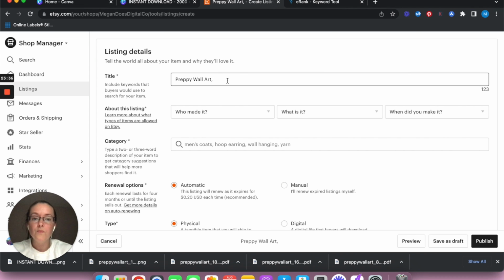So to split up your, so you can't do, so if, that's very confusing. If you do preppy wall art and then you want to do printable wall art, you can't just type this in and not have any commas. Like preppy room decor, you can't just do that because that does look like keyword stuffing and that is very spammy looking. So always use a comma, or use a separator like this. I think this looks better, but anytime you use extra spaces, that's taking up more characters. So if you have a lot of words that you want to use here, then just split them up with commas. So let's see, preppy room decor,